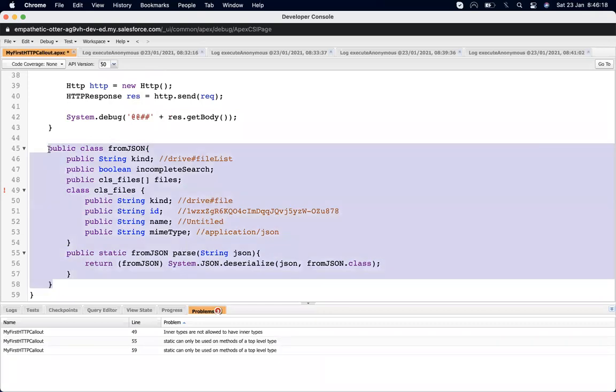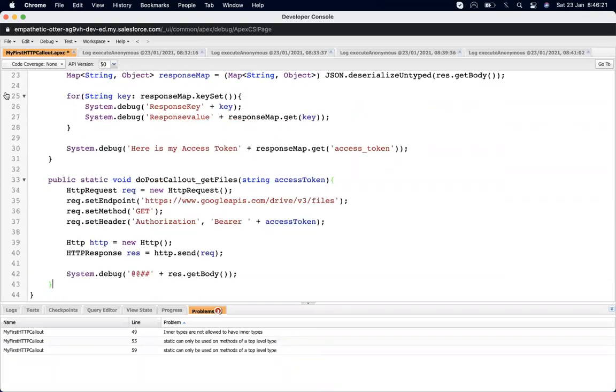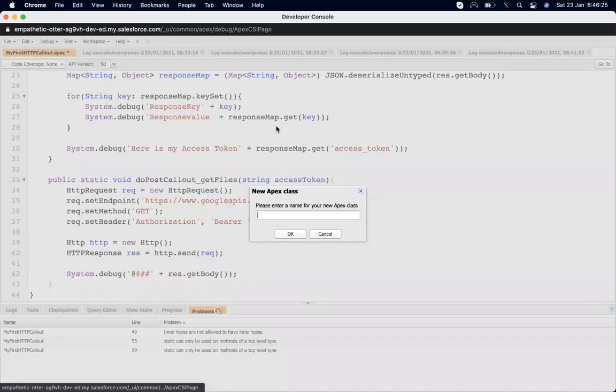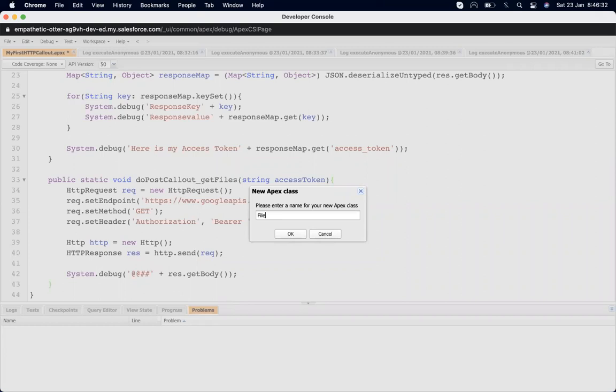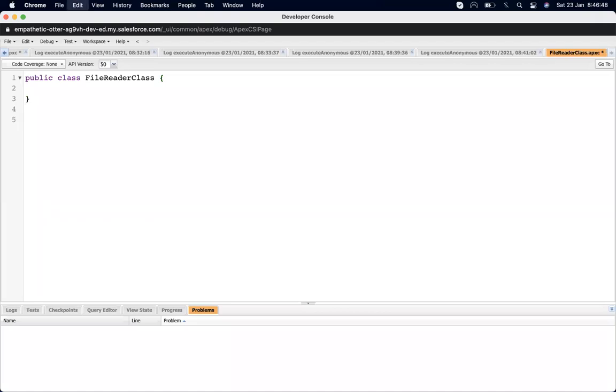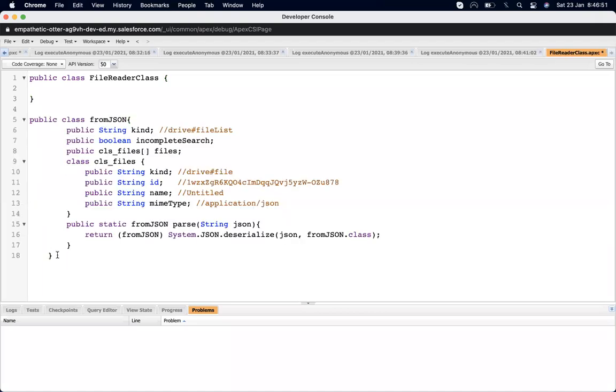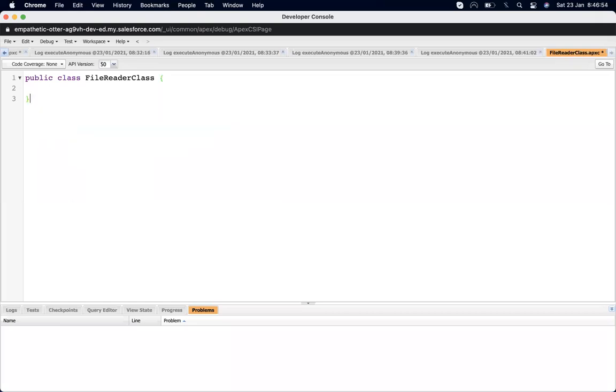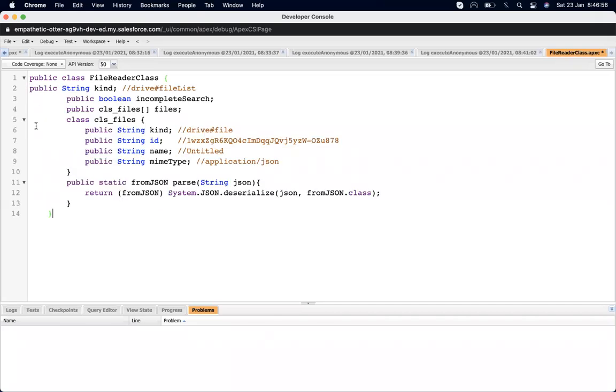And this is a class, so cut it, go to that new Apex class, and name it file reader, file response, file reader. Let's make it the file reader class. Because the class name is different, that's why I'm doing that thing. Okay.